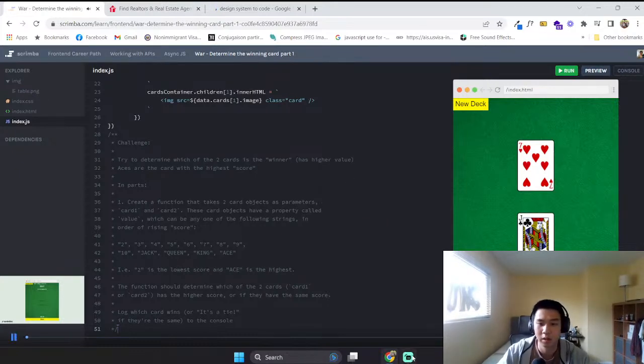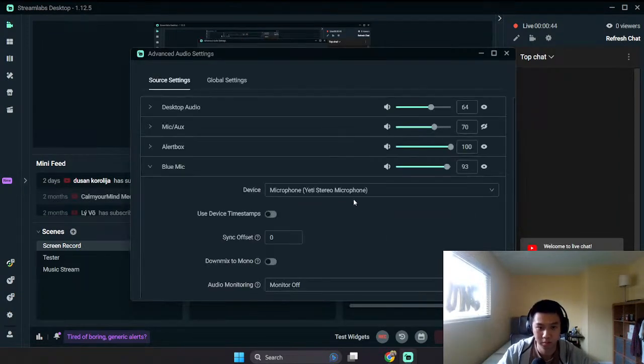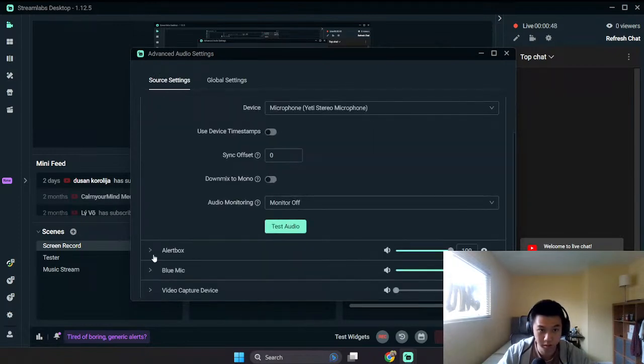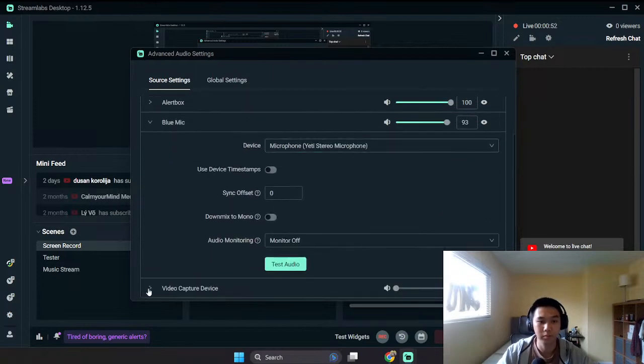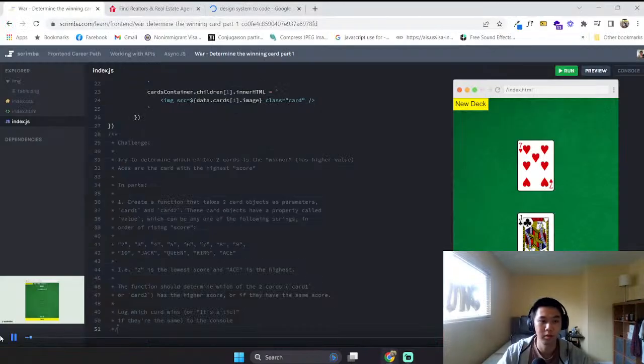Okay, this is a little more involved challenge, so we're going to start in just a few parts. The first thing I want you to do is to create a function that takes two card